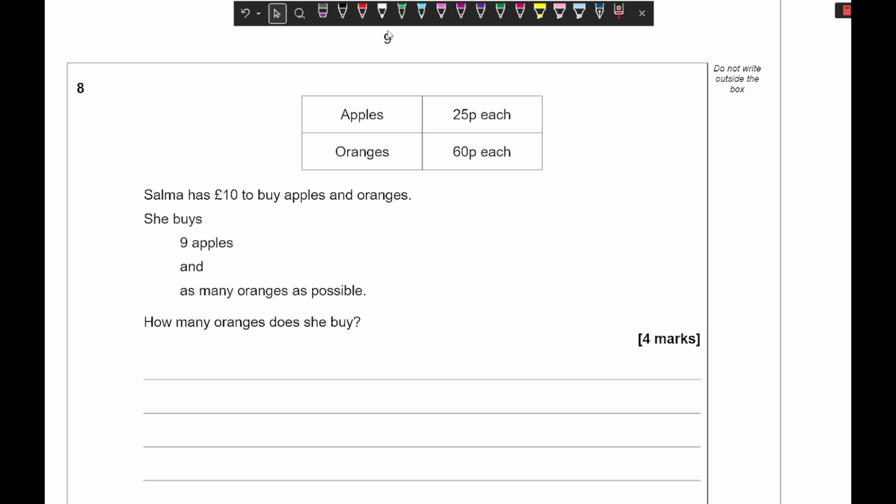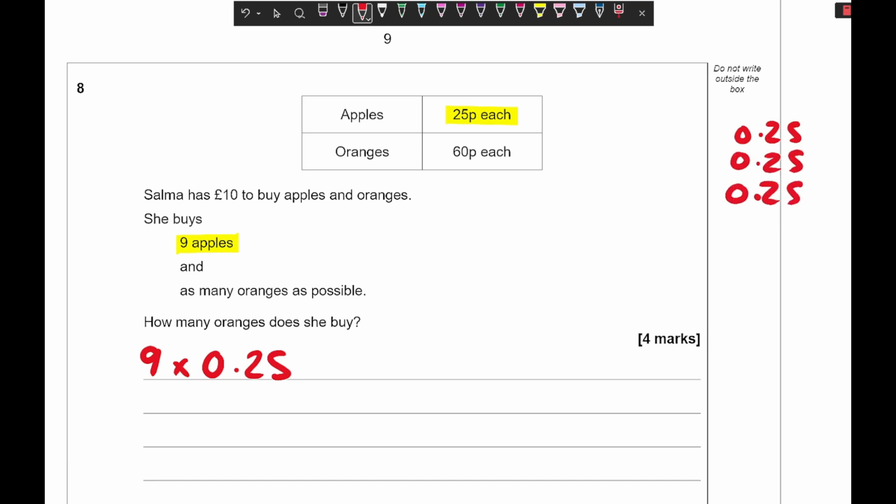Moving on to question 8, it says apples are 25 pence each and oranges are 60 pence each. Salma has £10 to buy apples and oranges. She buys 9 apples and as many oranges as possible. How many oranges does she buy? Well, if she's buying 9 apples, let's first of all work out the cost of that. So that's going to be 9 multiplied by 0.25. As this is on a non-calculator paper,